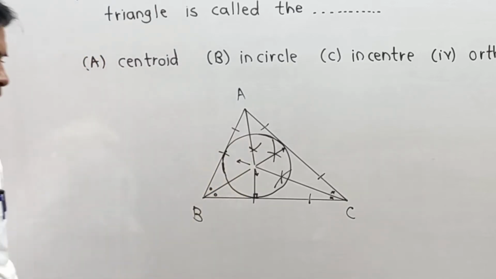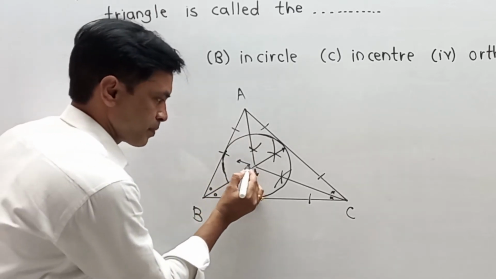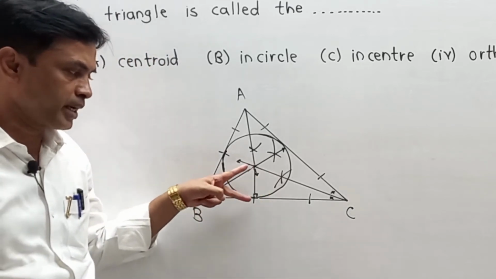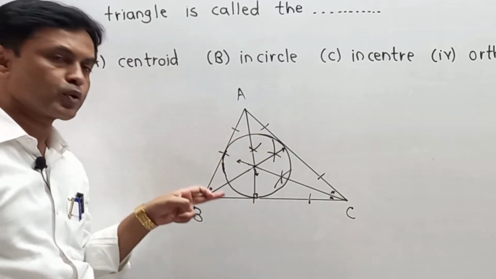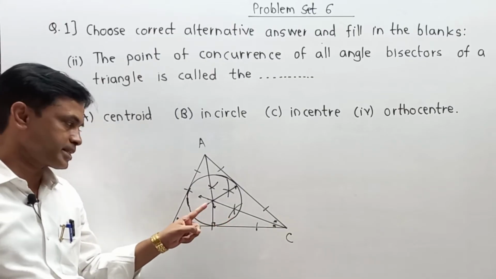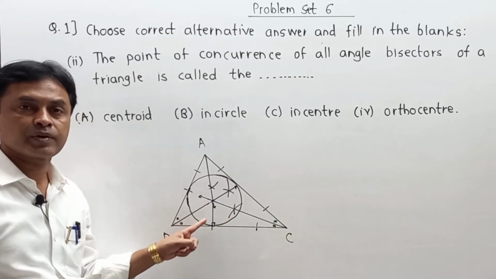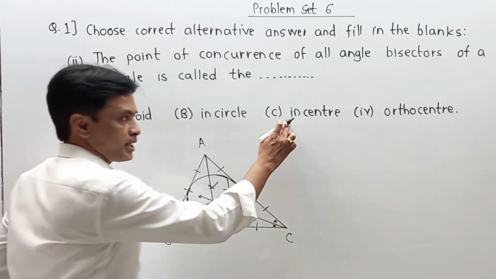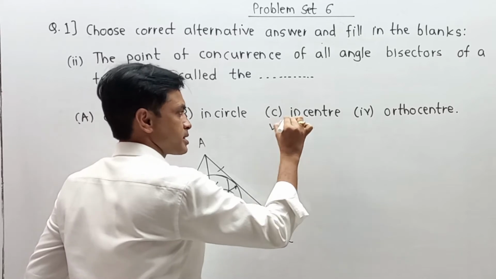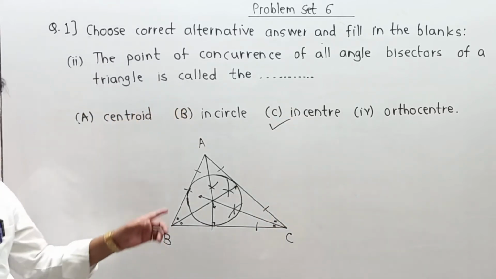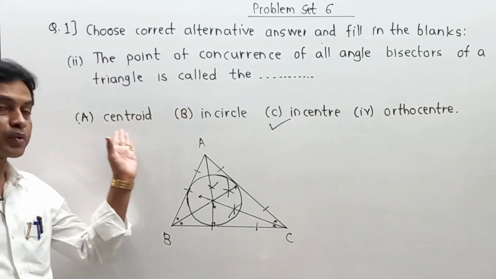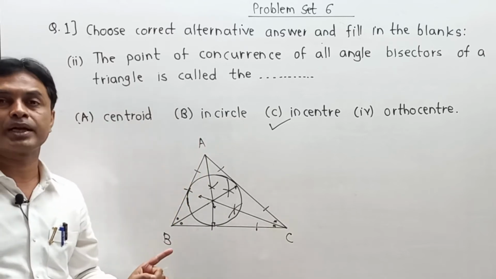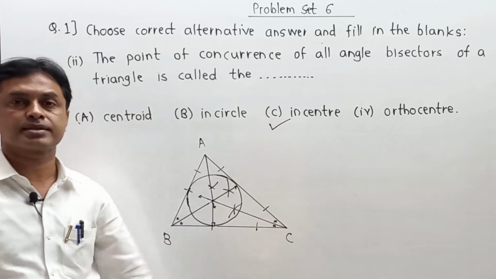Now naturally, taking a particular radius, we draw a circle that touches all three sides, and this point is nothing but the center of the circle drawn inside. In short, it is the incenter, and your answer C is correct. Student, please try to understand. These words look the same and students may get confused, so please understand it properly. Your correct answer is C.